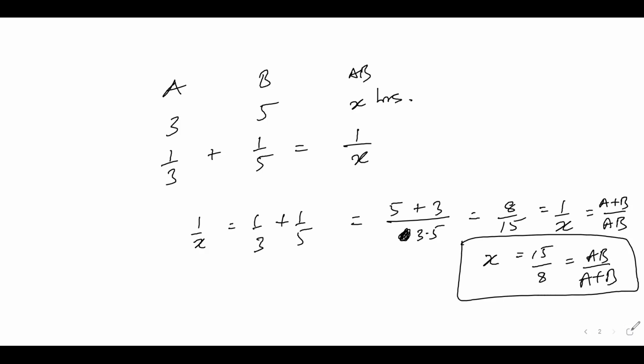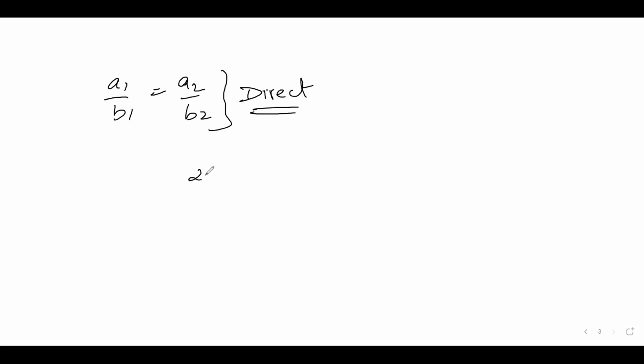Now the third concept is about a1 upon b1 equal to a2 upon b2. So this is an expression for direct relationship. Direct relationship. Right? So let's say that 20 machines